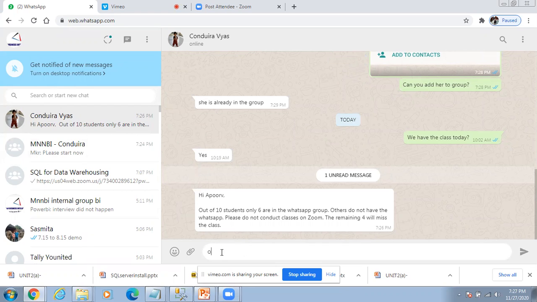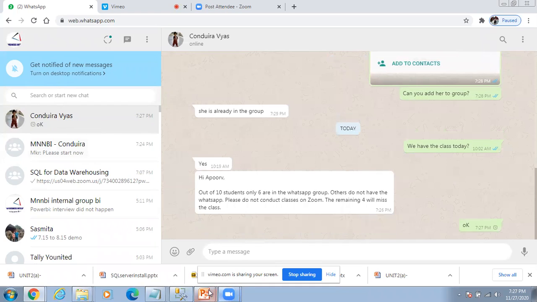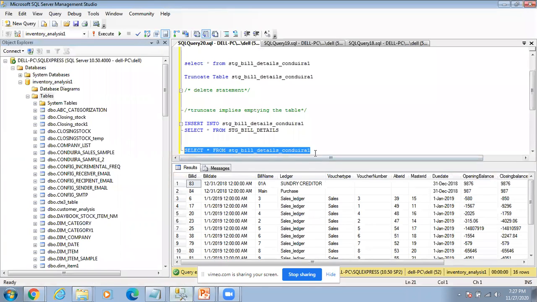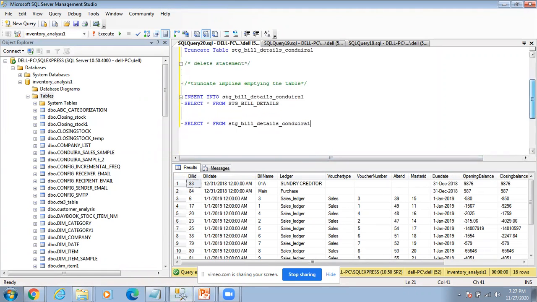Okay, fine. So that's how it is. So there is this on the Kandura one, and I get this. Now what happens is I want to delete only those rows where the ledger name is equal to purchase. So what I do here is I say delete from stage_bill_details_Kandura